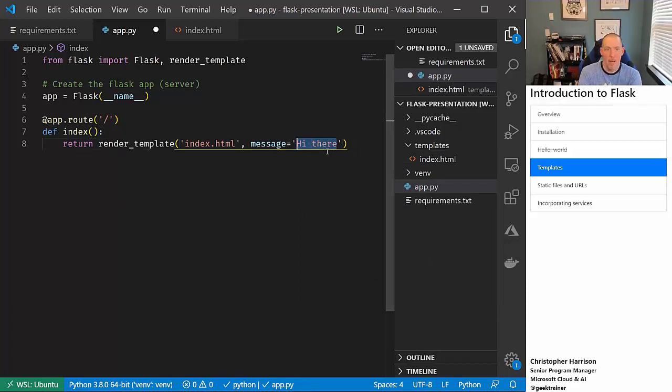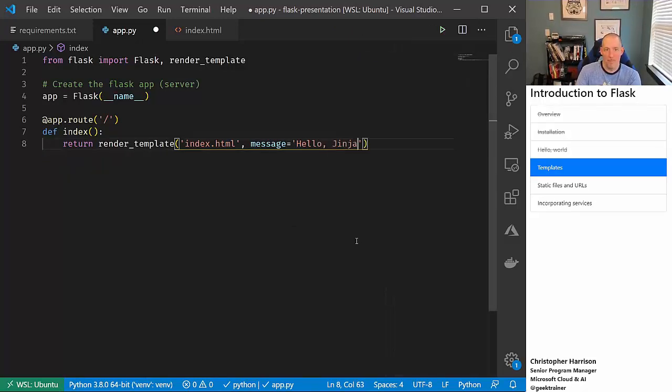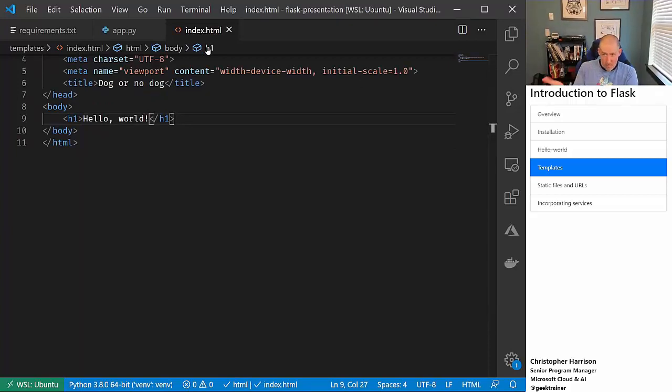Or maybe hello Jinja, just to make it a little bit different. Cool. So now that's going to be passed into the template. And so if we stop and think about this, now what I could go ahead and do, instead of my little hello world here,